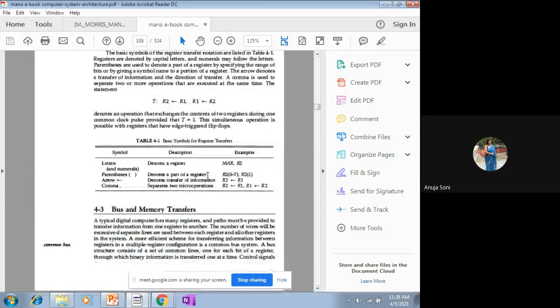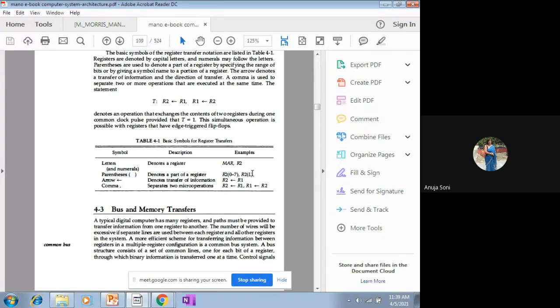And if we talk about this table, these are the simple notations used in the register transfer language, like different letters and numerals. Those are used in order to denote a register. Generally, capital letters are to be used, like R2 may be used, or MAR signifies the memory address register. Similarly, different other kinds of registers can be there that we already have studied in the fifth chapter. And parentheses may also be used to denote a part of a register, like if we are going to talk about only a partial portion of the register. Parentheses mean we are going to talk about 0 to 7. Here we have specified a range, meaning bits 0 to 7 are to be extracted from register R2.